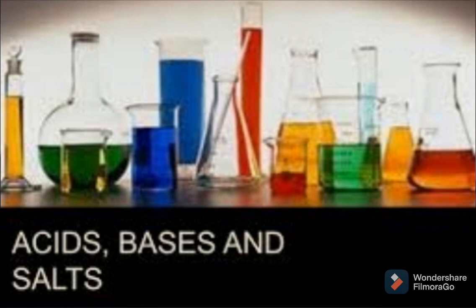Okay. Then students, in your textbook a total of 4 indicators are there. Out of these 4 indicators, 3 are natural indicators. So tell me the names of the natural indicators that we have studied in my previous video lecture. Yes, turmeric, China rose and litmus. These are the examples of natural indicators, and they show different colors in acidic and basic solutions. Those colors also we have discussed in my previous video lecture. So today we are going to study a synthetic indicator.